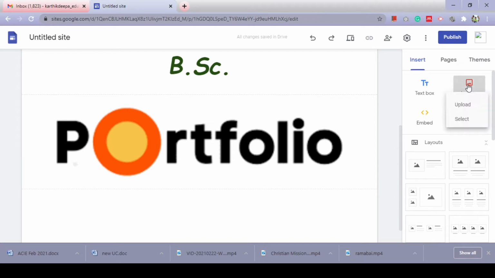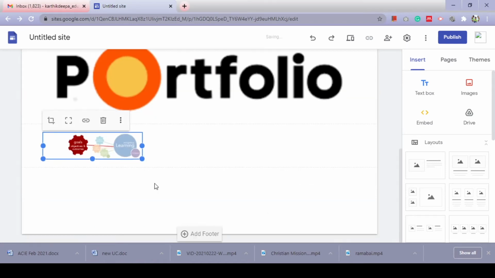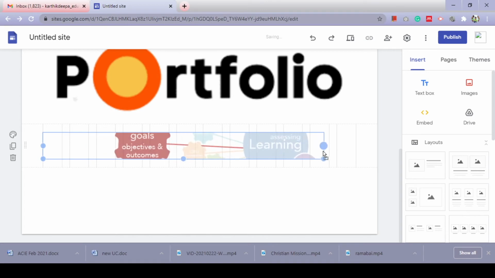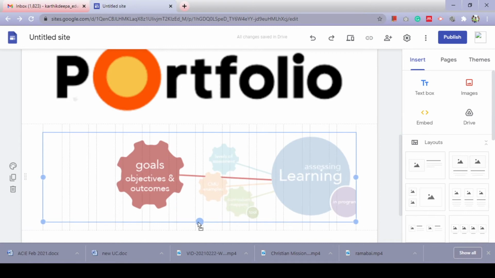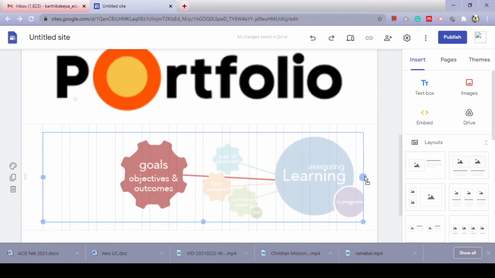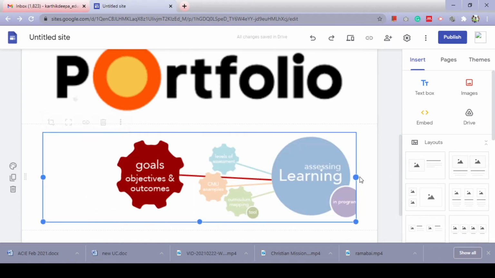And now you can upload even directly, if you have any image on your desktop, you can upload the image here just from your computer. So there are provisions for you to upload the image from online and from your system, from your PC, wherever it is. So this is how you can add your image.